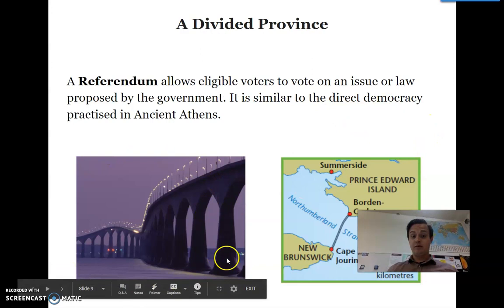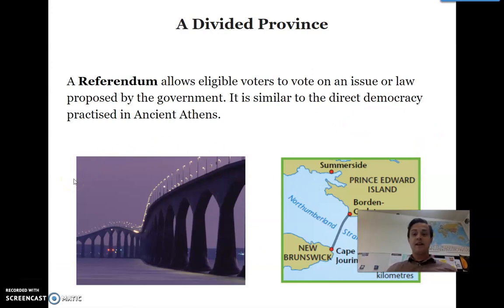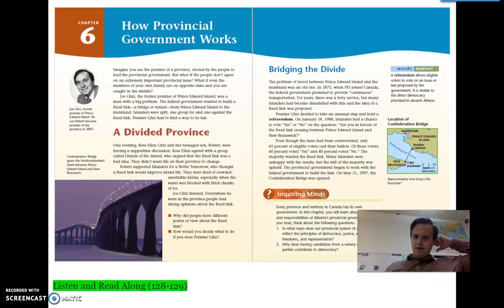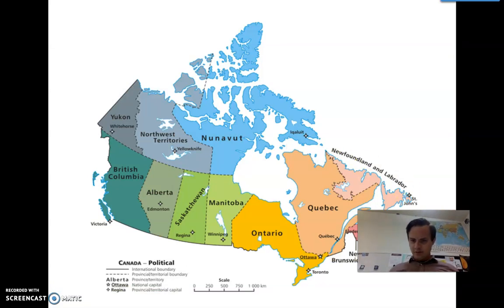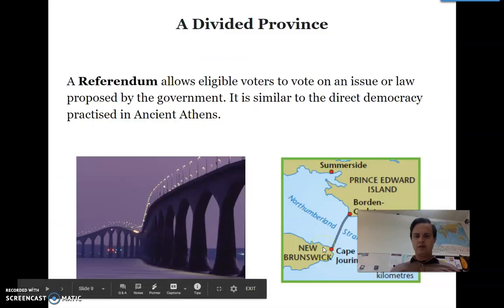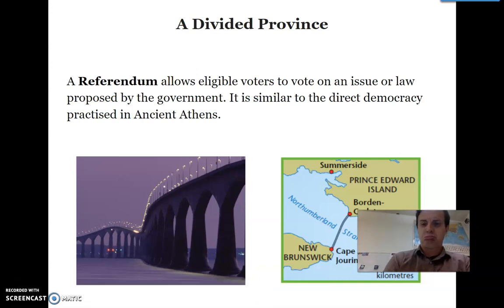Has anyone been on this bridge before, or anyone's parents? I'm really hoping to this summer when my friend Andrew gets married in Nova Scotia. But wait a second, the bridge is to New Brunswick? Did I read that wrong? Yeah, PEI and New Brunswick. I'm sorry. So it goes from New Brunswick to PEI. That makes way more sense than from PEI to Nova Scotia. Huh. Okay, I'm not going to be able to go on this bridge this summer. But I still want to. I think it's pretty incredible.